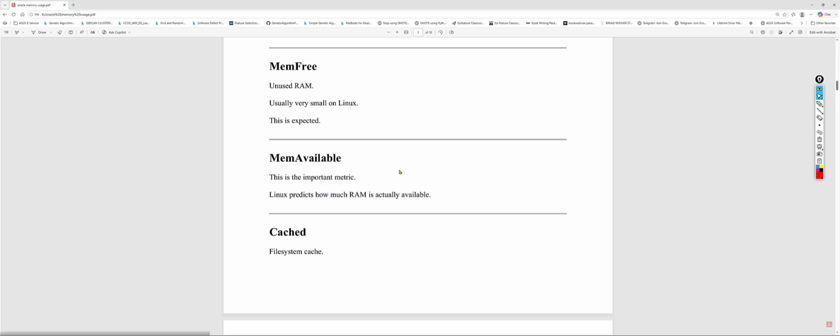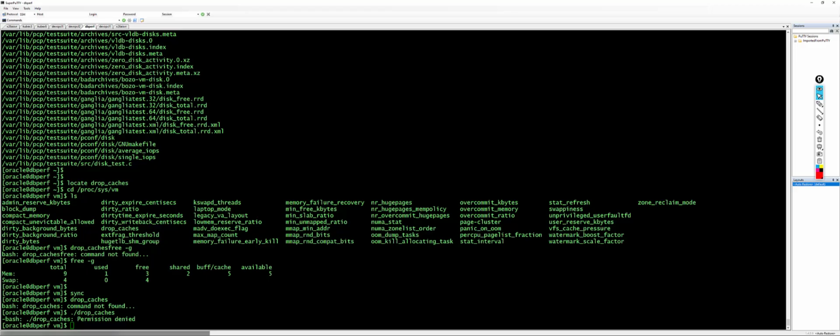So this is where the actual difference that we need to understand. MemAvailable contains all of the memory that is available, that can be released. So this is an estimated metric. So here if you see,